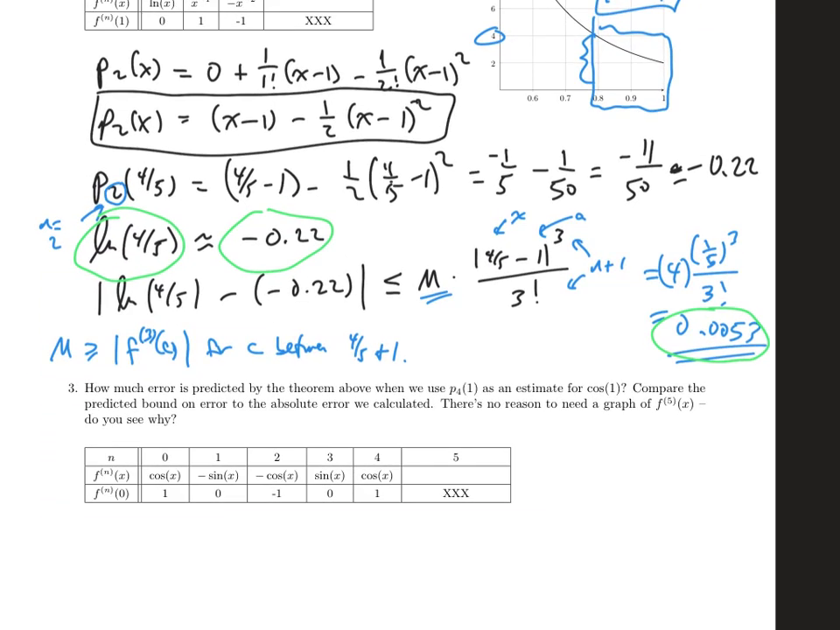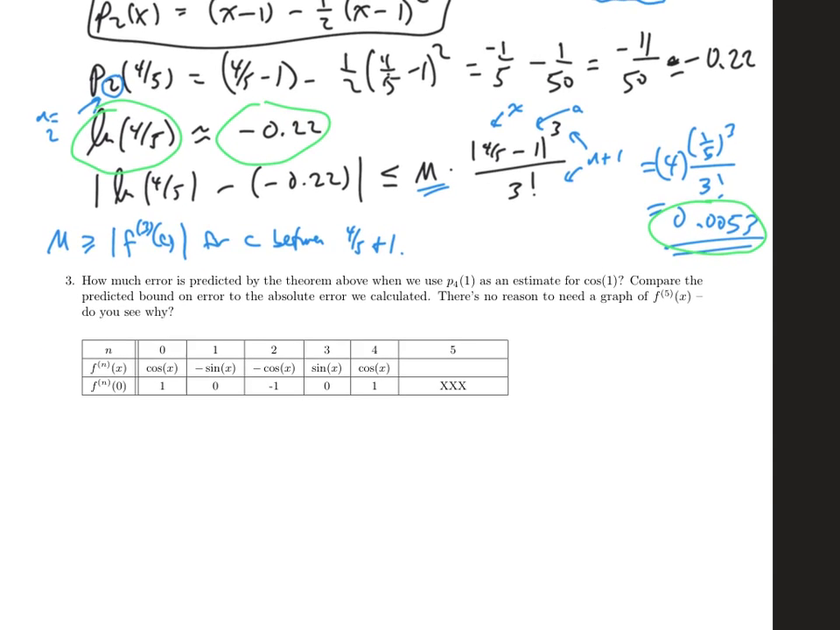All right, one more. I wanted to do one that used the cosine approximation just because there's something special about sines and cosines that we can take advantage of, and that is,